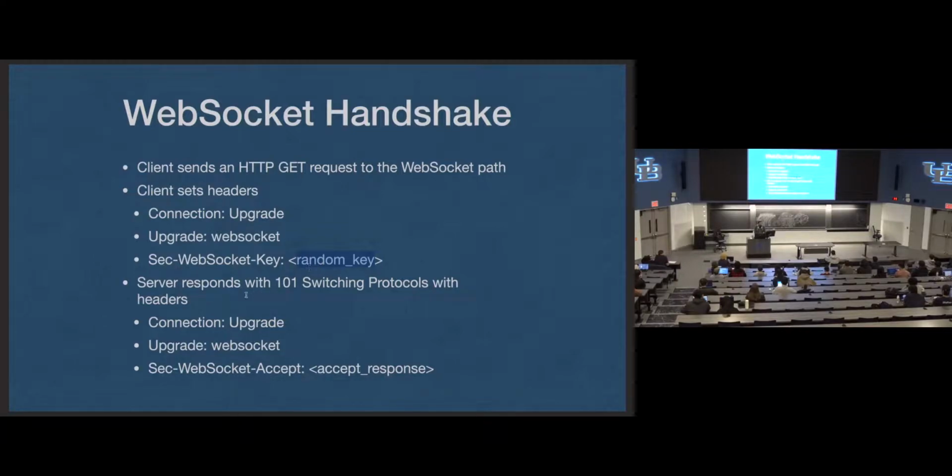So you're going to get some random value, and you're going to send a response with our first 100-level response code, a 101, Switching Protocols. We're switching away from HTTP, switching to WebSockets, and saying this connection is now a WebSocket connection. You're going to say Connection: Upgrade, Upgrade: websocket, the same two headers from before, which you'll just hard code in your response for this. And then Sec-WebSocket-Accept with an accept response, which is the bulk of the challenge of this handshake, is computing what that accept response should be, which the next slide I'm going to tell you all about how to do that.